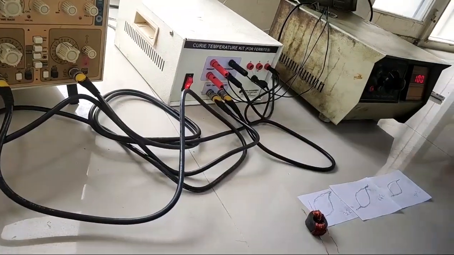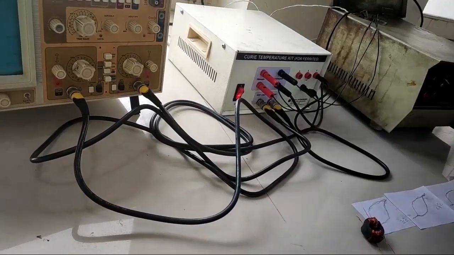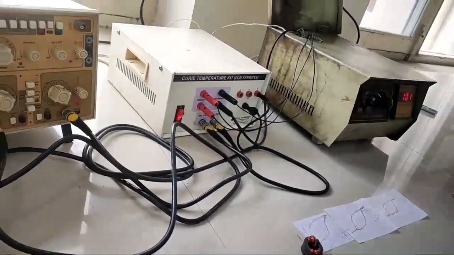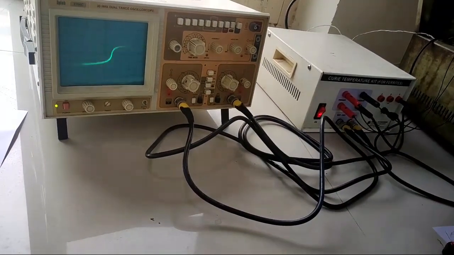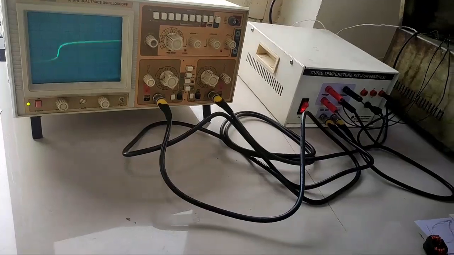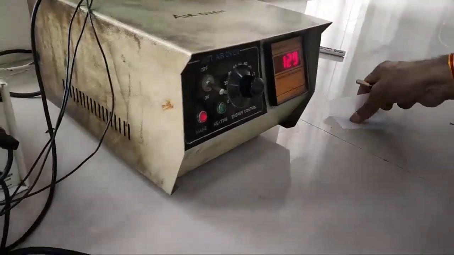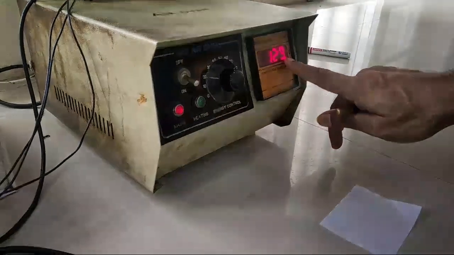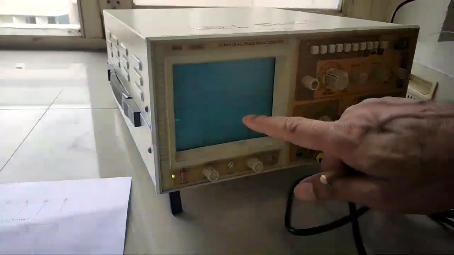We wait a few more minutes so that the temperature increases, and we may be able to see the transition in the BH loop with time. The temperature has increased to 129 degrees centigrade, around 130, and we will see how the nature of this BH loop is changing.